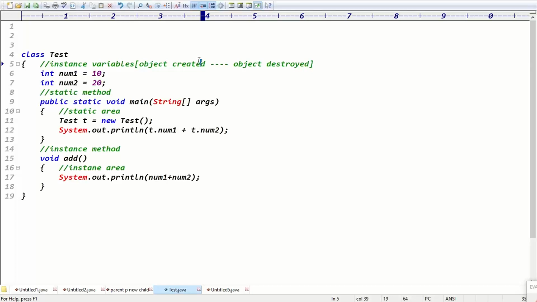Guys, in this case what is the output now? This example, what is the output now? 30. Is 30 printed one time, or twice? Twice, sir. 30 is printed as output definitely. Is 30 printed one time or twice? Guys, is 30 printed one time or two times? Only one time, sir. Only one time, in the main method.